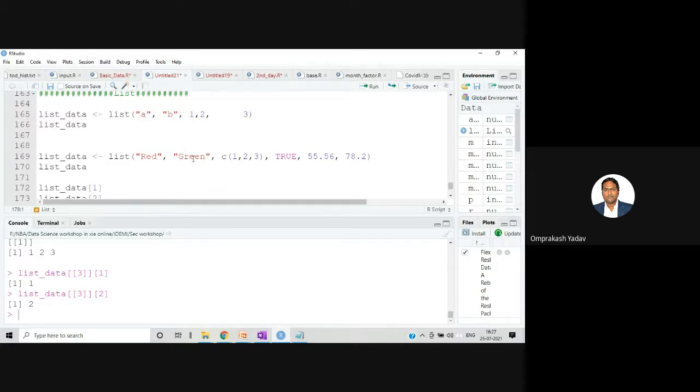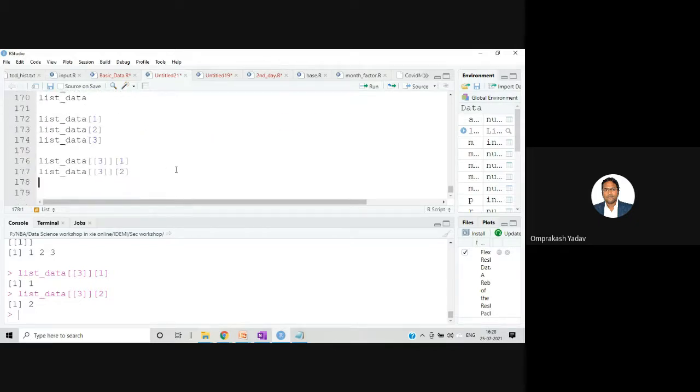Now let's go ahead, and we can also create names here, the same way we used to give names in the matrices, right? So that you can explore later. So many things are there in the list also, but what I have taught you was the important thing for you to know: how we can create the list and how we can access the elements from the list.